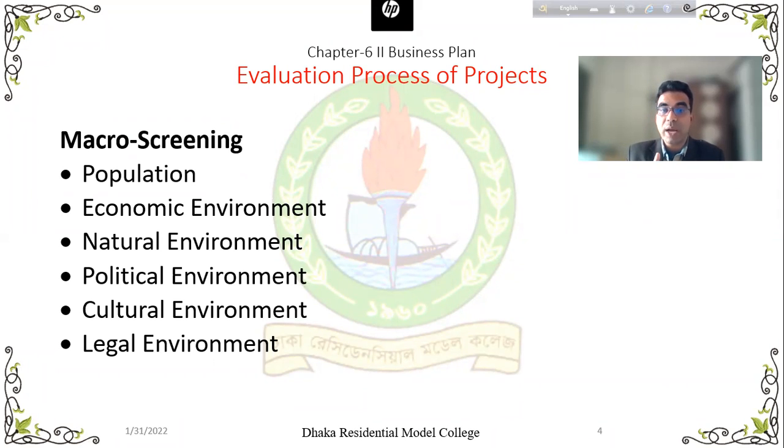Political environment is another most important point. Why? You will establish in a country, in an area. If the political environment is unstable, frequent strikes held in this area, you will not produce your products in your business, in your industry. You will not get raw materials from the suppliers. Produced products will not be sold,